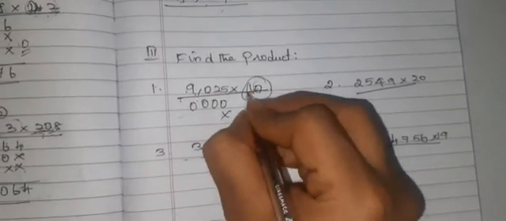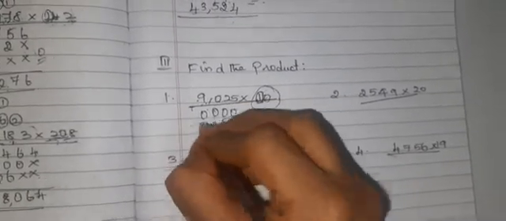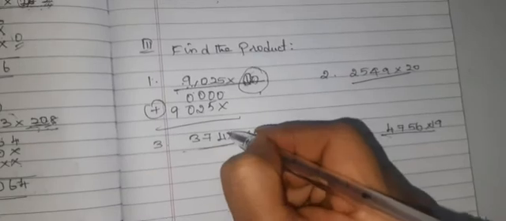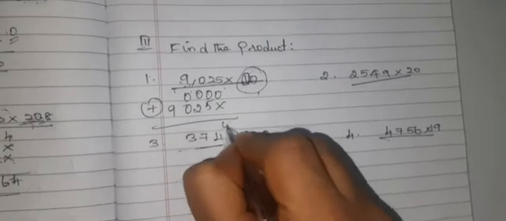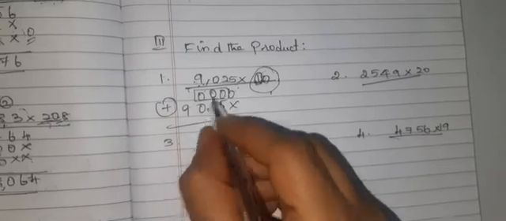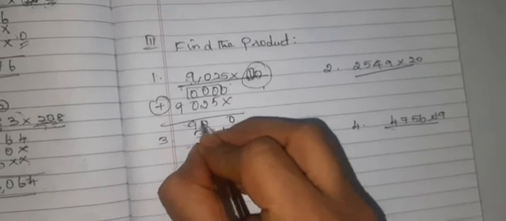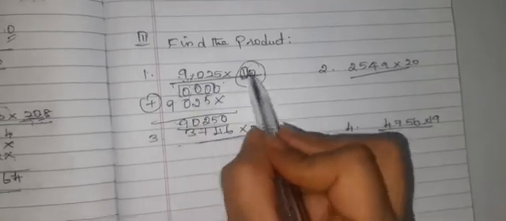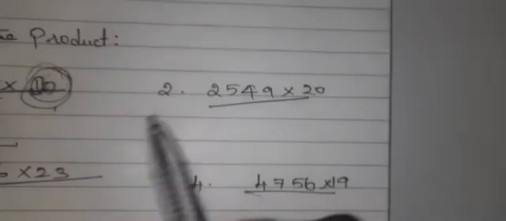Again, you're going to multiply with 1. 1 5s are 5. 1 2s are 2. 1 multiplied with 0 is 0. 1 9s are 9. Now you're going to add these two values so that you get the product of 9,025 multiplied with 10. Write 0 as it is, and here no numbers are there, only zeros are there. So any number which is added with 0, their values are same. So write 9,025. So the product of 9,025 multiplied with 10 is 90,250. Second problem.